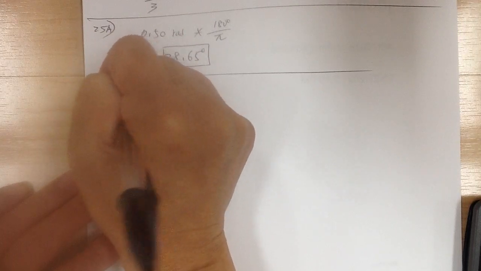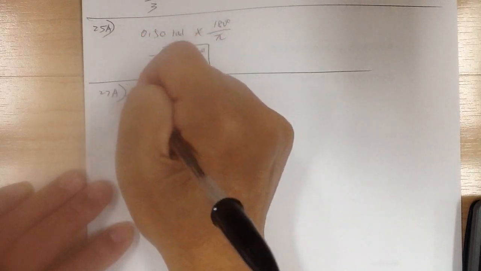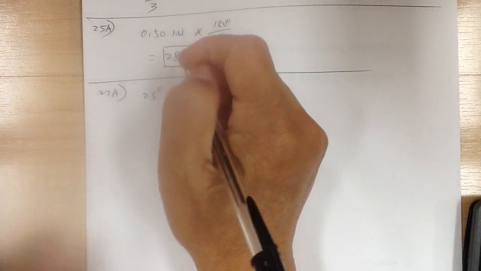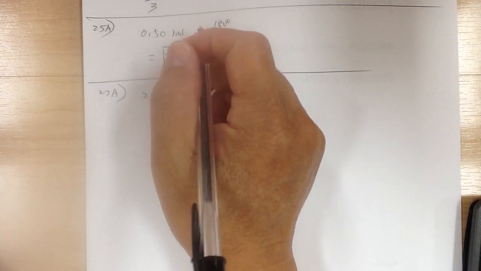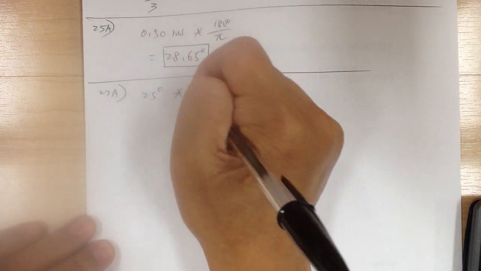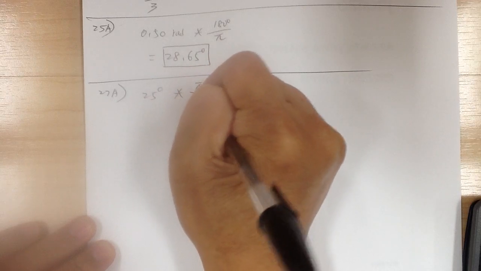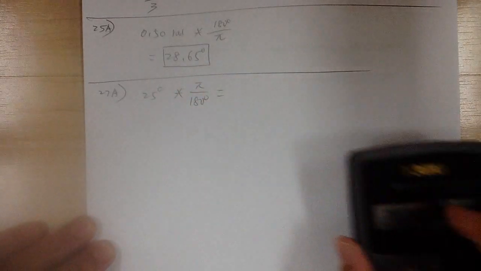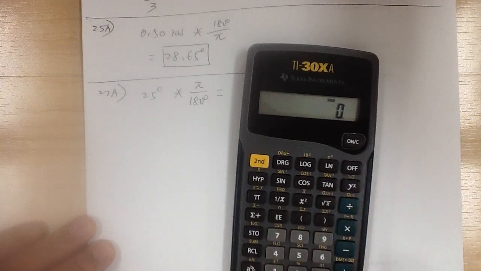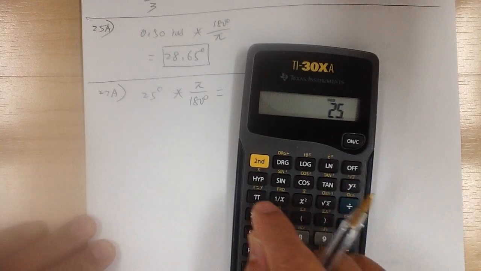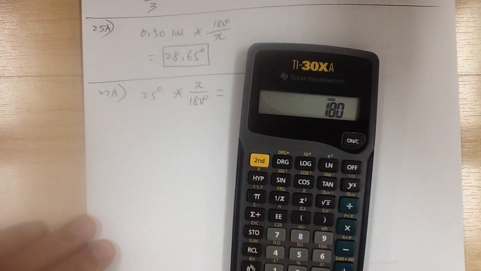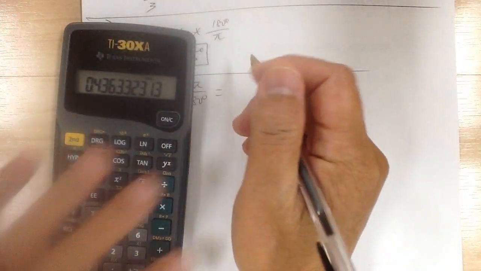Okay, 27a, 25 degrees. And you want to find a radian measure. So again, if you want a radian, you put a radian on top. And so 25 times pi divided by 180. And so this will equal to,